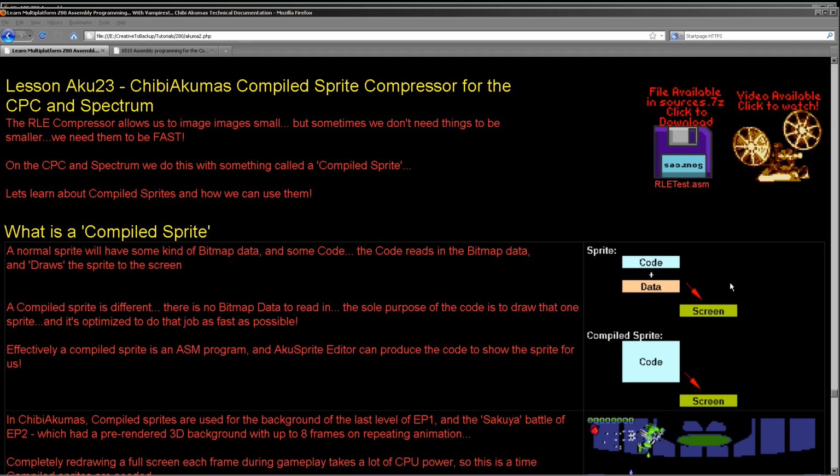A compiled sprite is a piece of assembly code which directly draws the image onto the screen. There's no real data as such. Now, I say technically because my compiled sprite generator does actually create some bitmap data because it needed to save space, and we'll go into that in just a moment. But essentially, it's a piece of machine code that is dedicated to drawing a single image, and the reason we do this is it's very, very fast. Far faster than an RLE, far faster than a conventional sprite, because there is no data,